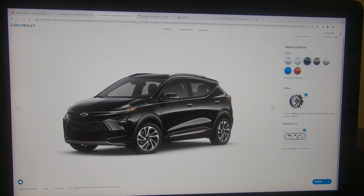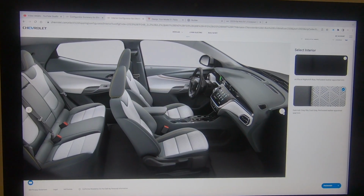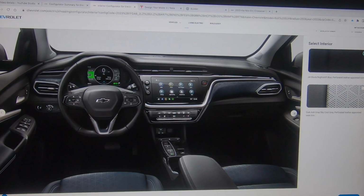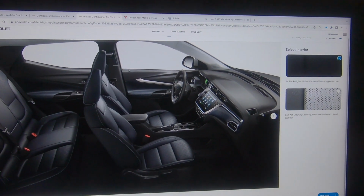We're gonna go black again. The channel is called Black Bolt for a reason. The white interior, I feel like it looks pretty nice, but I still prefer the all black interior. I just think it looks classy. Plus, having a bunch of kids, it's not going to get dirty as quickly or as badly as a lighter